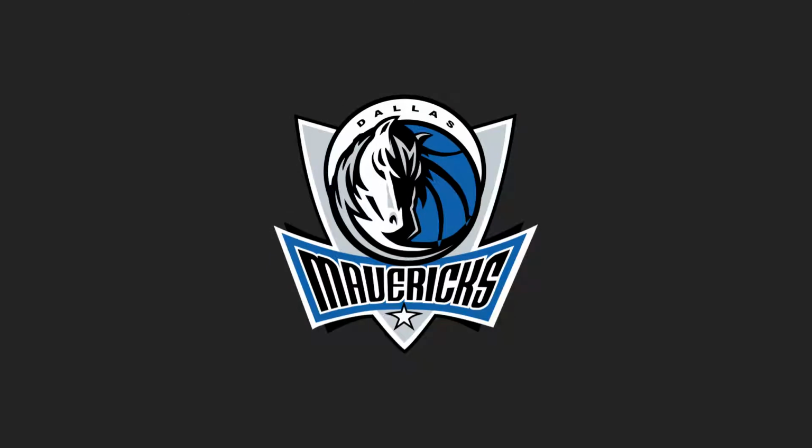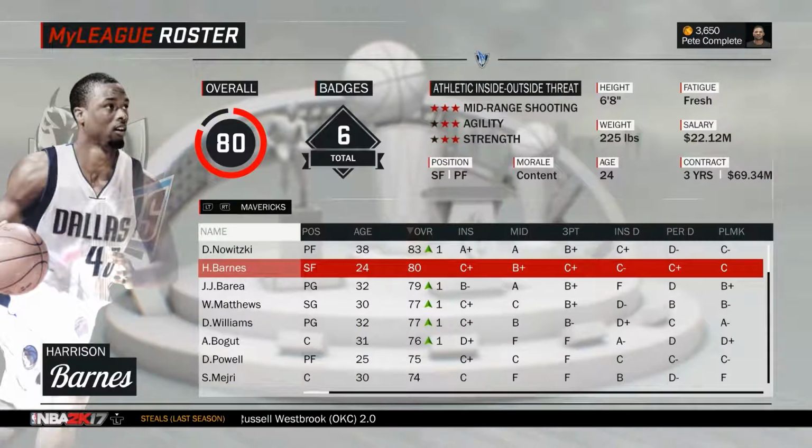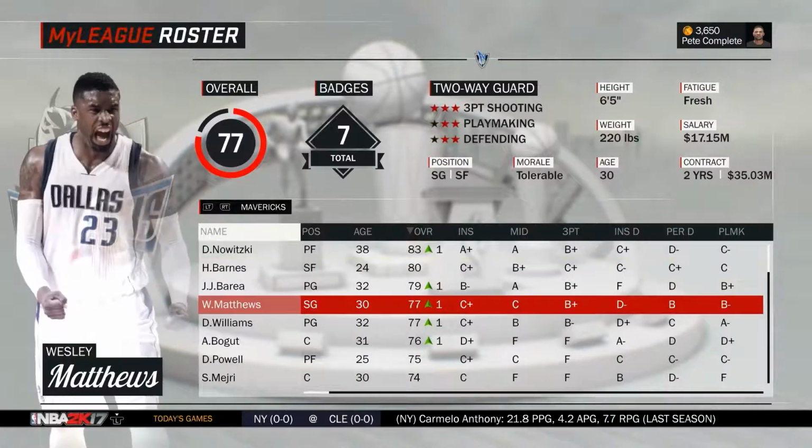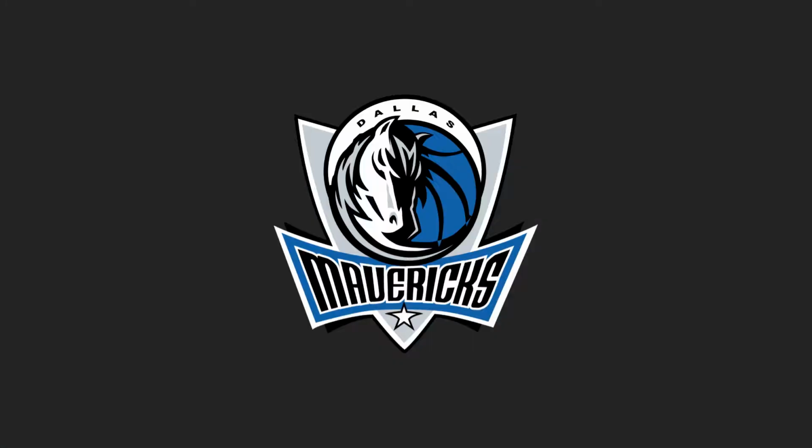With that being said, for a realistic approach in this video, I consider absolutely untradeable, of course, Dirk Nowitzki, Harrison Barnes, Wesley Matthews and Dwight Powell. You might see that differently, and that's of course not a problem. For this series, however, I try to stick to low-profile moves, and including any of those 4 players would kind of negate that. And now, without any further ado, here are your 3 moves to make as the Dallas Mavericks